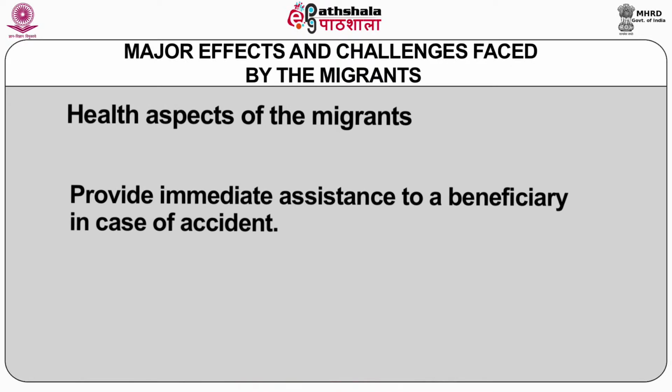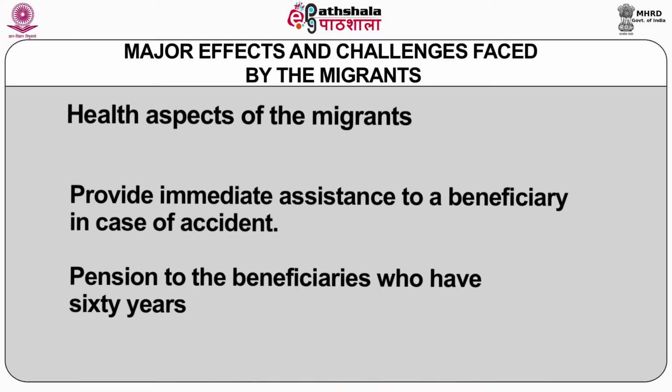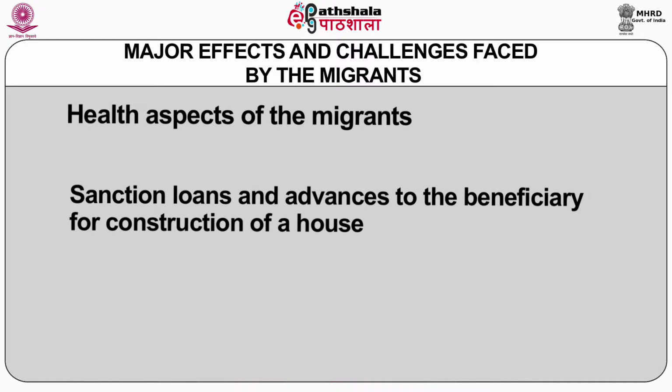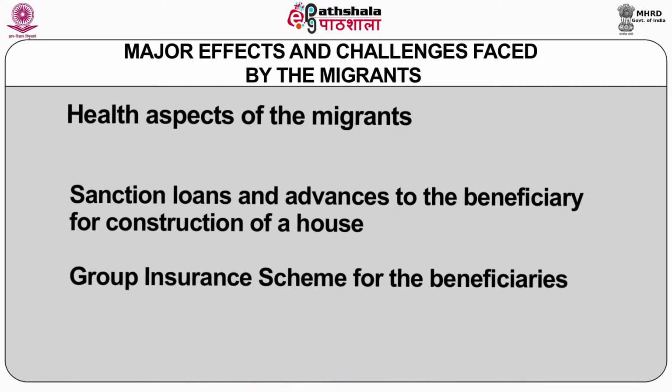For example, construction workers must be registered under the Building and Other Construction Workers Regulation of Employment and Conditions of Services Act 1996, under which the Labor Department issues an identity card through which they become a beneficiary and can access a number of benefits, which include immediate assistance to a beneficiary in case of accident, pension to the beneficiaries who have completed 60 years, sanction of loans and advances to the beneficiary for construction of a house, group insurance scheme for the beneficiaries,